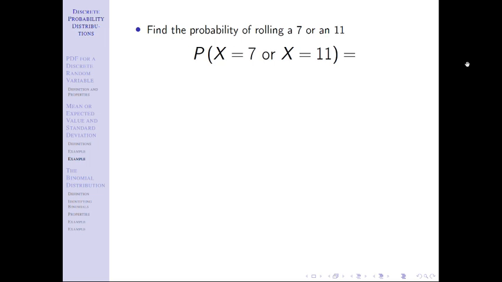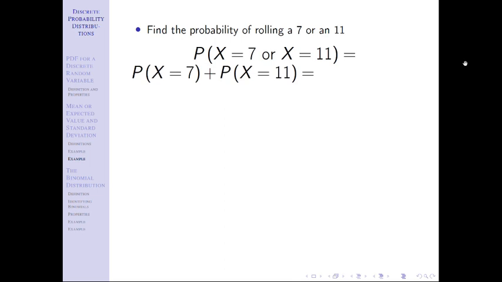We talked about our addition rule. We can just add when we see the word or, as long as the events are mutually exclusive, meaning they can't happen at the same time. You look at this and you say, duh, I can't roll 2 dice and get both a sum of 7 and 11. That's not possible. It's either a 7 or an 11 or something else, but it can't be both. So I just have to add those probabilities. So I'm going to rewrite that as probability x equals 7 plus probability x equals 11.